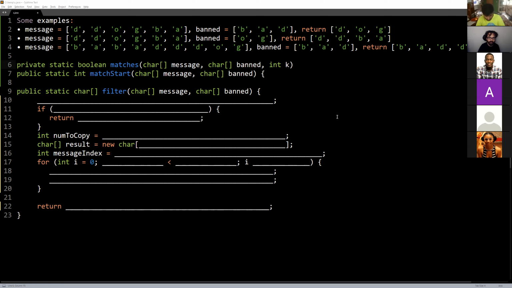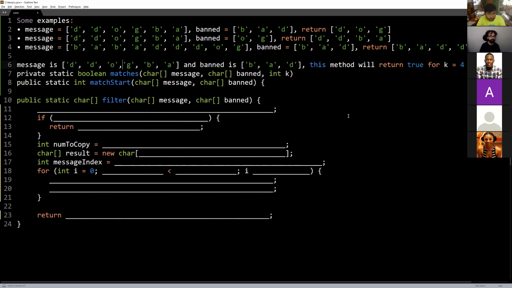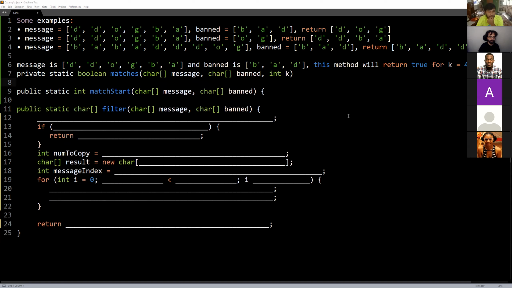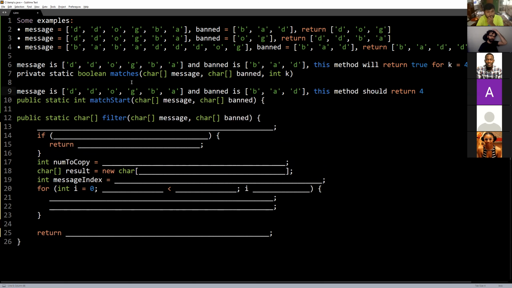True if the message matches starting at K. Okay, got it. So matches was useful for writing match start. I think this is the one we actually care about. We basically have the ability to say where a match starts. So we want to filter out, can the word occur more than one time?